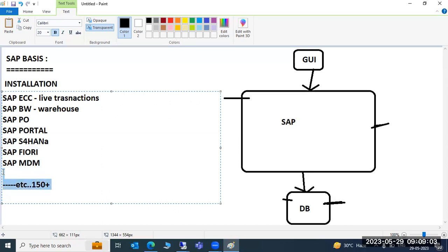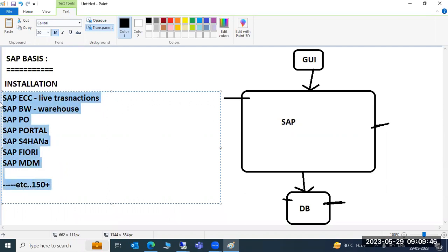Our Basis scope, our Basis tasks, our Basis work is common in all the technologies. In all the technologies our way of working is common, only slightly different for each and every module. The basics of Basis administration are common for everything: daily monitoring, installations, upgrades, parameter changes, restarting, stopping, starting. All kinds of Basis administration activities are common. Only a few differences are there. That is not very difficult to learn. Okay, so that is the thing.